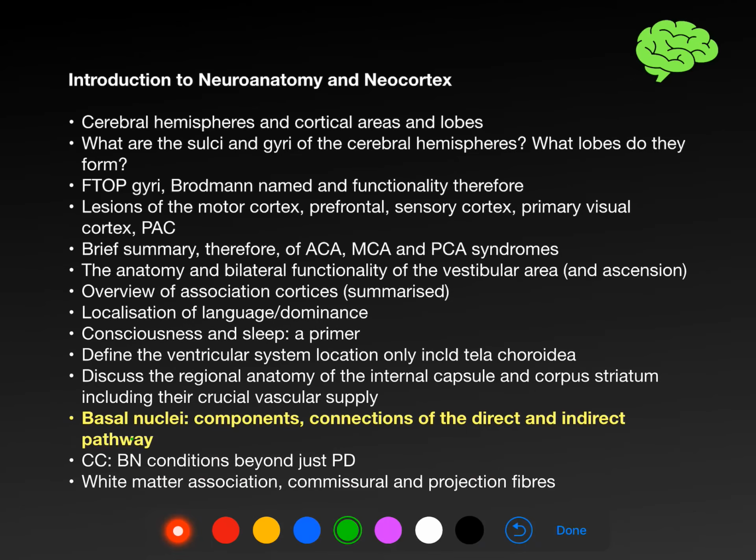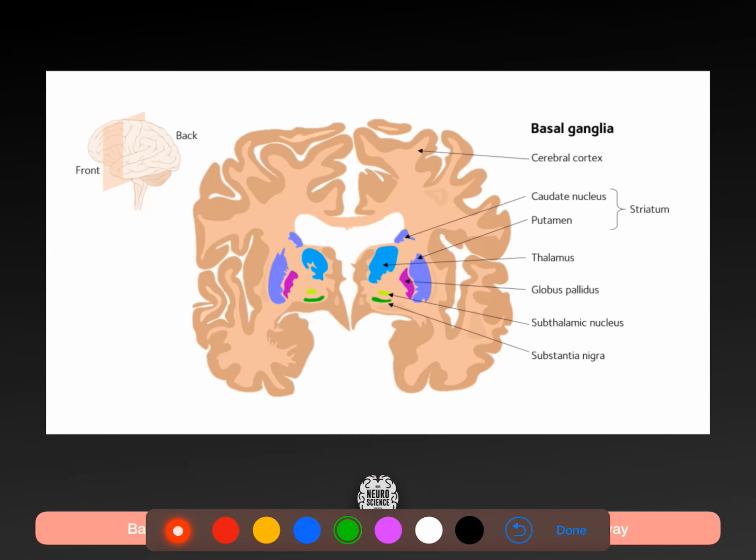Right, basal nuclei now. So we're going to do a quick overview of these basal nuclei. Shouldn't take too long at all. So you should know the overall structure of the striatum, which is caudate and putamen. It's called the striatum because the fibres that connect them are stripy. So caudate and putamen is the striatum. Our lentiform nucleus, which means lens shape,